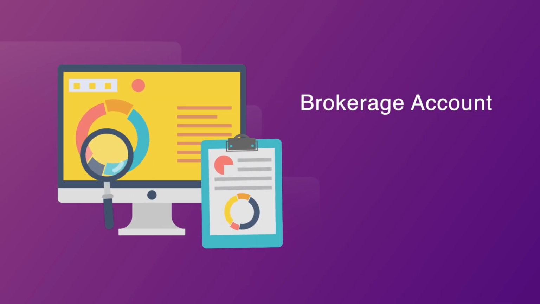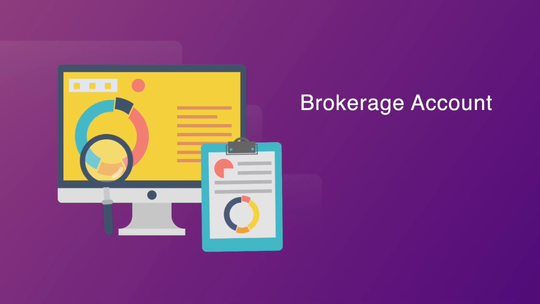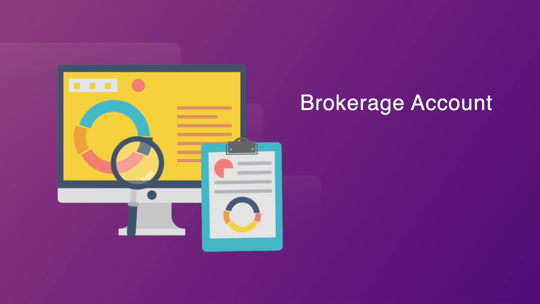So let's kick it off with talking about first the three types of accounts that most people are investing in. The number one account that most people are quote unquote trading in, day trading, swing trading, option trading in, it's just a regular brokerage account, whether that's with Webull, Robinhood, TD Ameritrade, E-Trade, Charles Schwab, TradeStation, you name it. If you're just taking money, putting it in the account, buying some stock, hoping it goes up, or buying some options, hoping it goes up or down, and taking a quick profit, you're in a regular brokerage account. So it has nothing to do with retirement, which brings us to our second account, which is a qualified